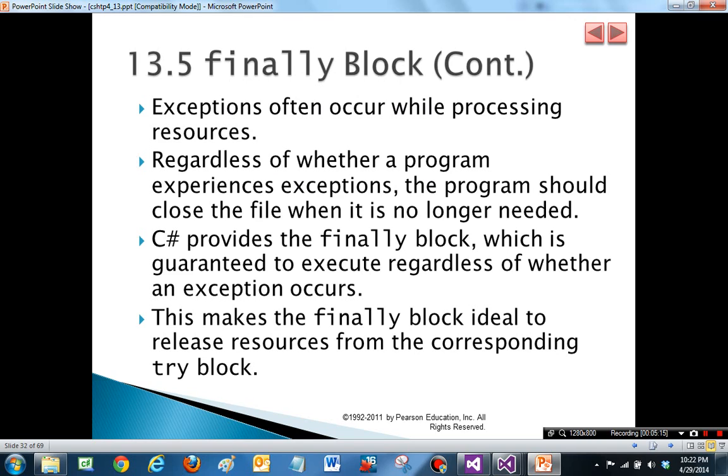So when there are resources that we definitely want to release, then we often use a finally block, because a finally block executes regardless of whether an exception occurs or not. So if we are using a method that possibly throws an exception, but prior to that point, say, we open the file,